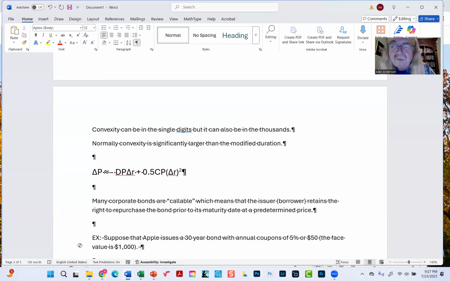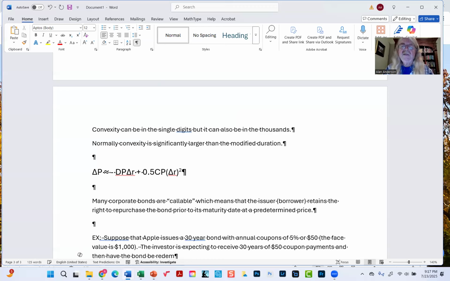So that means if you're buying this bond, you're expecting to get 30 years worth of $50 coupon payments, and then have the bond be redeemed at the end of the 30 years. That just means the face value is repaid